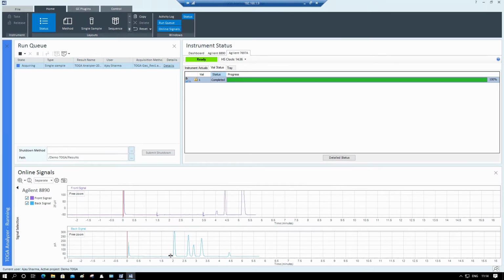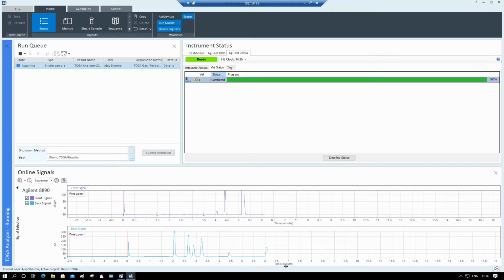So the very first peak on the TCD detector is, as I said, the hydrogen, and then we have oxygen and then nitrogen, and then on the FID side we have the first peak, which is at 2 minutes. It's carbon dioxide, then we have the ethylene, and then next to it is acetylene, and then ethane.